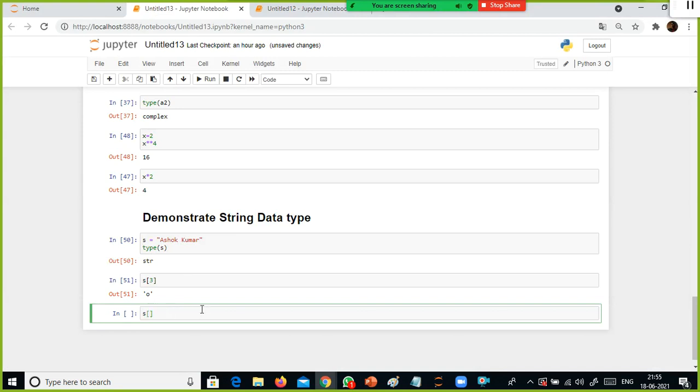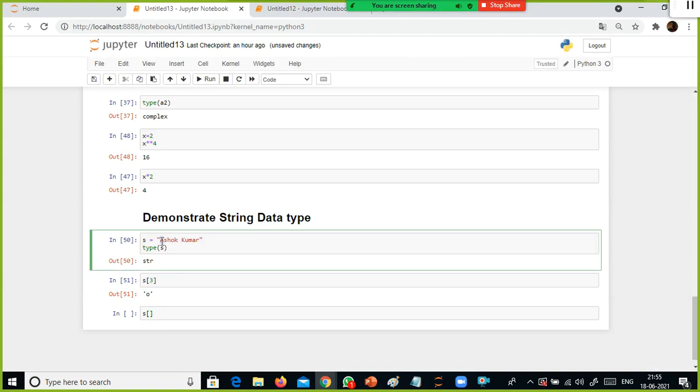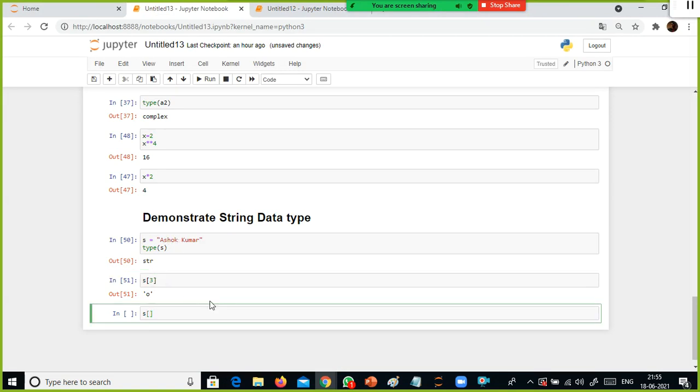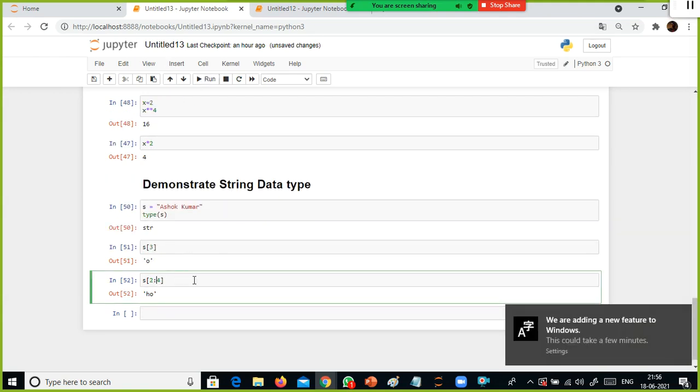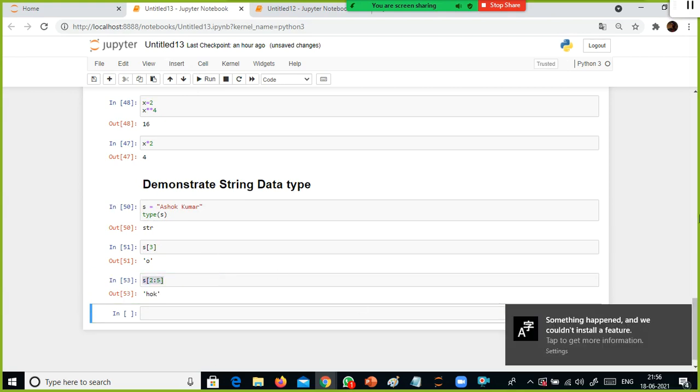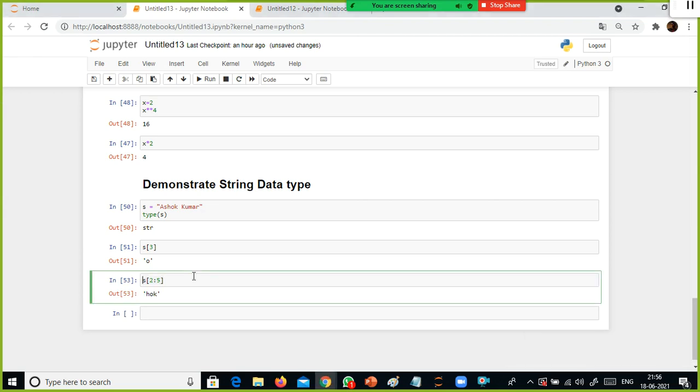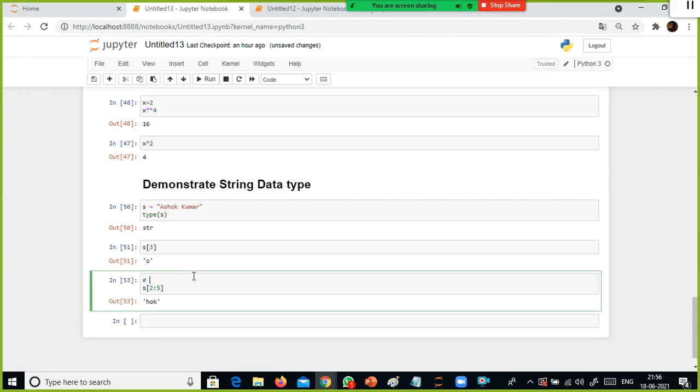Okay, now you tell me, how do I select the values from H to K? The first index value starts from 0, 1, 2, 3, 4, right? So I am going to give some range of values, 2 to 4. HOK, okay, 2 to 5 I have to give. HOK, 2 to 5. This is how you can select. So what is the first one? 2, the start value. The end value minus 1.